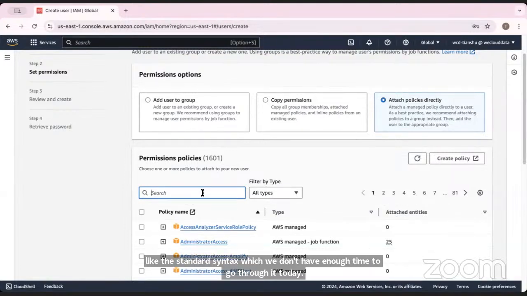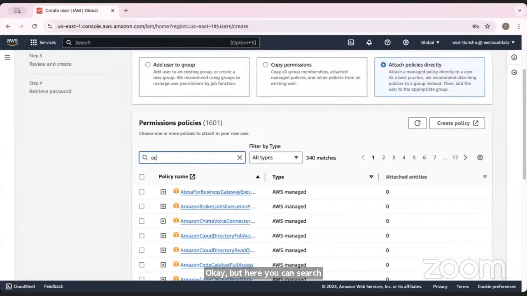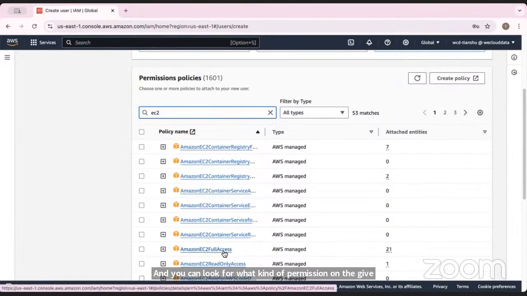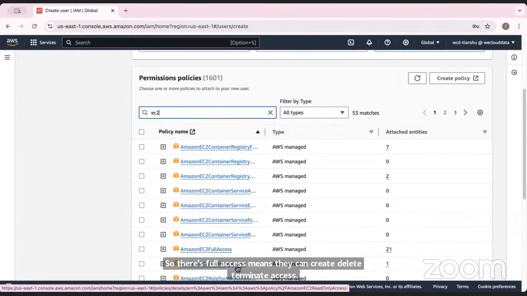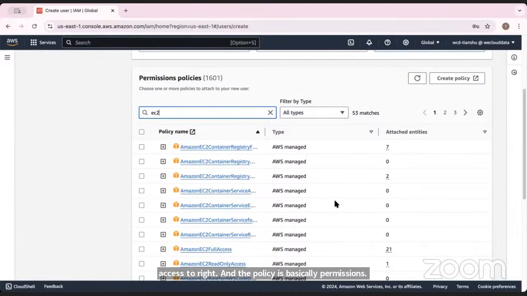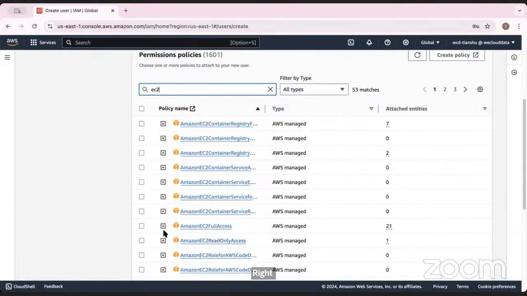But here you can search, let's say EC2, and you can look for what kind of permission you want to give. So there's full access, which means they can create, delete, terminate, access, all that. There's read only, where they can only, I think, access EC2. And the policy is basically the permissions. So if we just open one up,